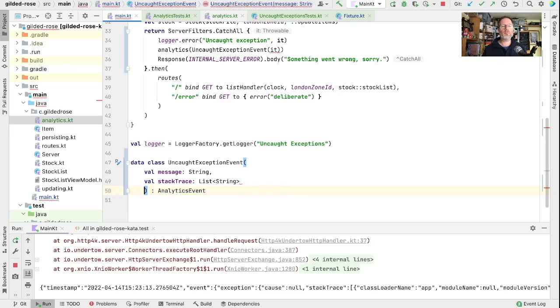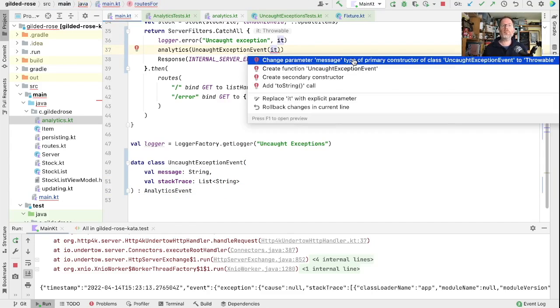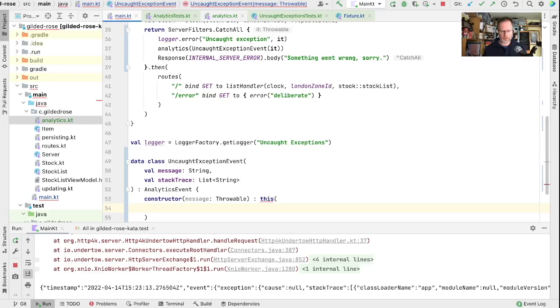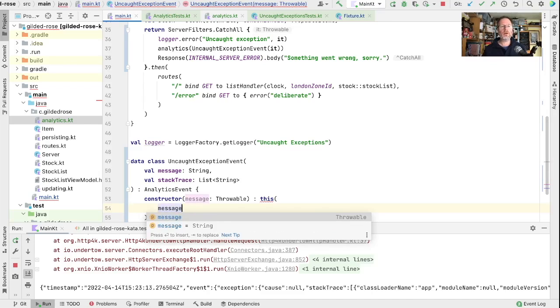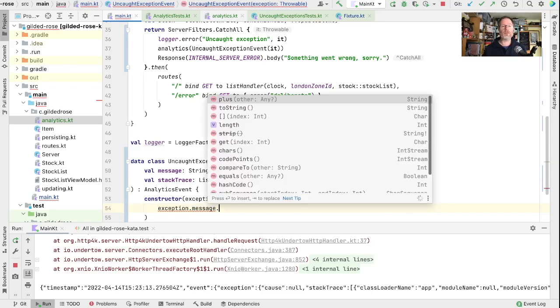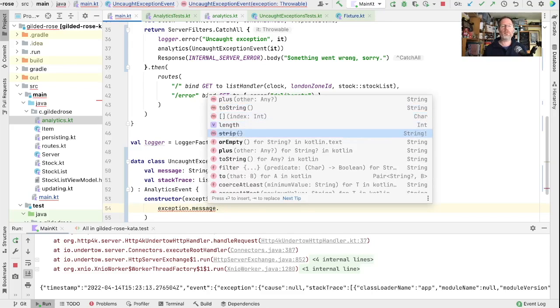Instead of this throwable. How do we get that from here? Well, let's add ourselves a constructor which takes the throwable, and that's going to take the message. This is not the message. It's going to take the exception, get this message, that's nullable, so we can say or empty,